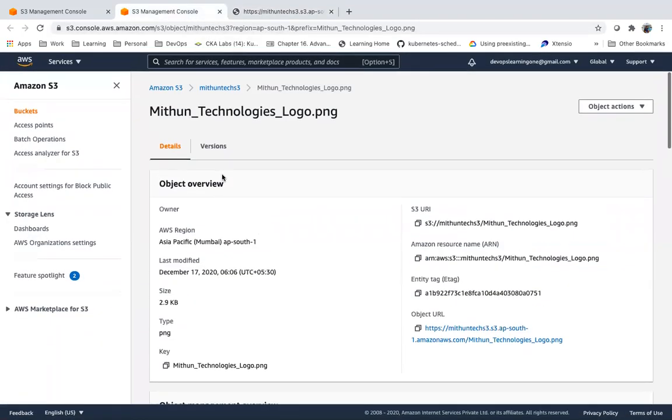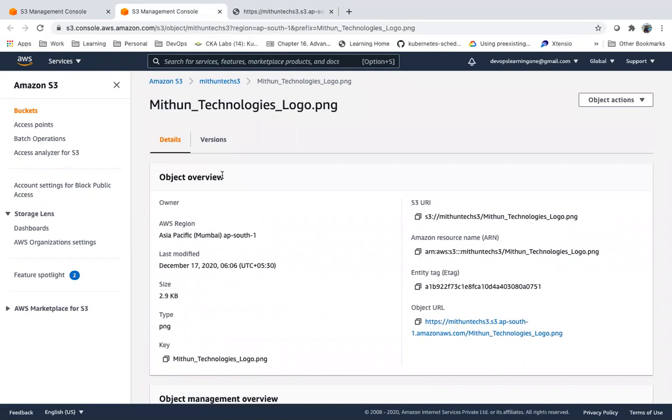We will be getting an access denied because this bucket, this object is not public. We can apply security for the objects which are there in an S3 bucket.